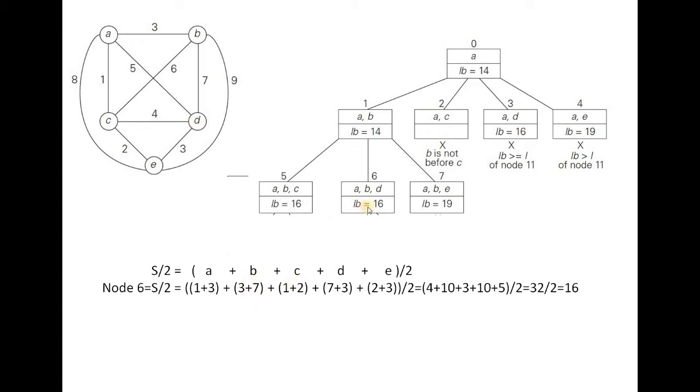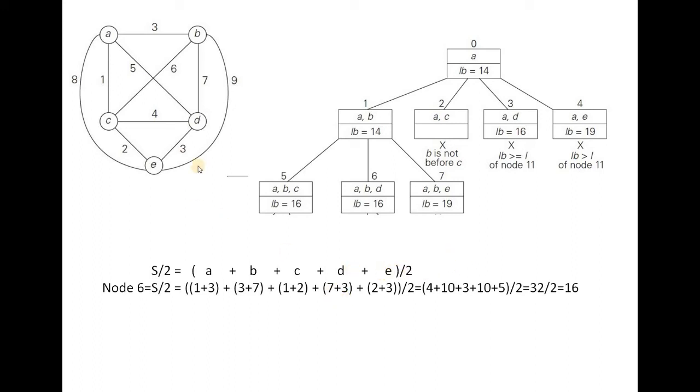Next, C. C is not there in this pair. So directly go to C, pick the two least cost paths. So it is 1 and 2. D is there in the pair. So for D towards B is fixed. For D towards B is fixed, whose value is 7. And the next least cost path is towards C, whose value is 3. So 7 plus 3 is written here. These two edges are selected for D.